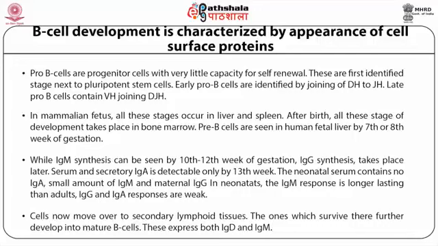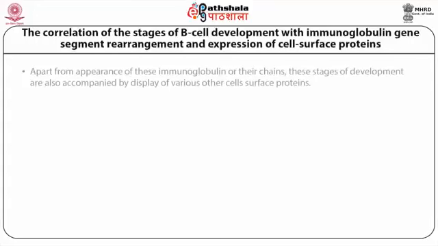These naive B cells recirculate through peripheral lymphoid tissues only when clonal selection occurs after they encounter the specific antigen. They become plasma cells which actively secrete IgM initially and then IgG. Apart from the appearance of these immunoglobulins or their chains, these stages of development are also accompanied by display of various